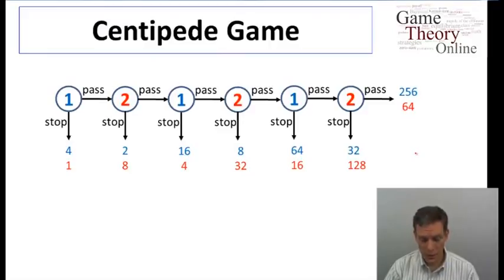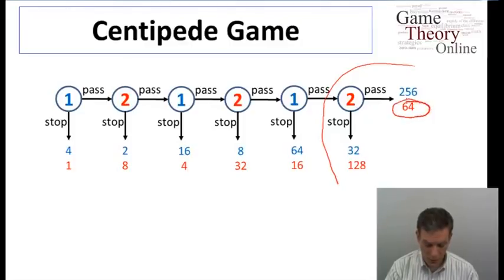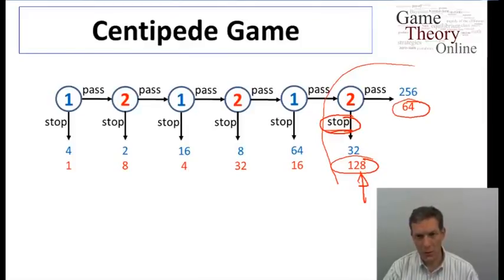by looking at the simplest possible decisions first and then moving back to the more difficult ones. So the idea is we'll start by looking at the last part of the game. So we'll look at decisions just preceding terminal nodes. So here, for instance, player 2, if they're called upon to move, they've got a choice of either passing or stopping. So we look at the 64 and the 128. The conclusion is if player 2 was ever put in this situation, they should stop. So a rational player that's maximizing their payoffs, there's only a single action which they could choose in that situation, which is to stop. Therefore, if we're consistent with maximizing behavior, the prediction is that then player 2 should stop